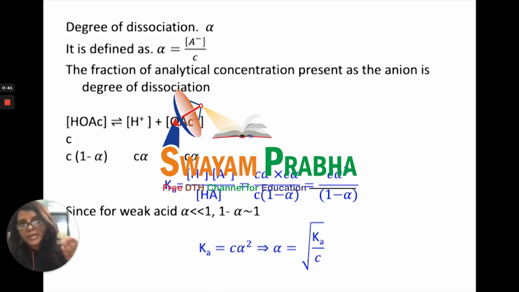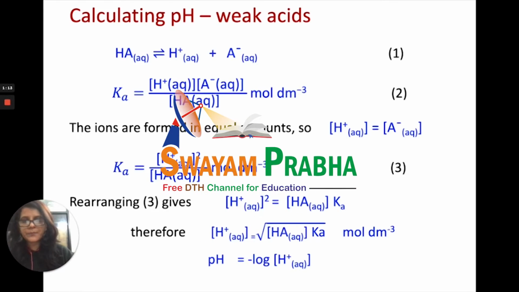But if you were to dilute that weak acid, then the degree of dissociation will increase because the concentration has decreased, and therefore more number of ions will be formed. That is, diluting the solution will result in more number of ions in the solution, so more number of H+ ions for the weak acid. This is also an implication that you had obtained or understood from the Ostwald dilution law.